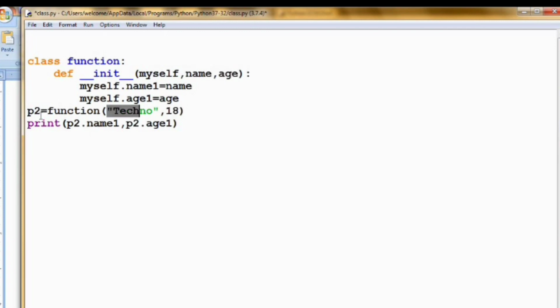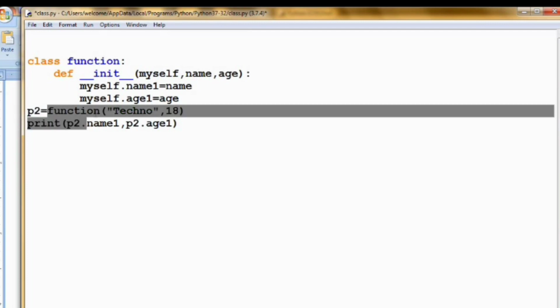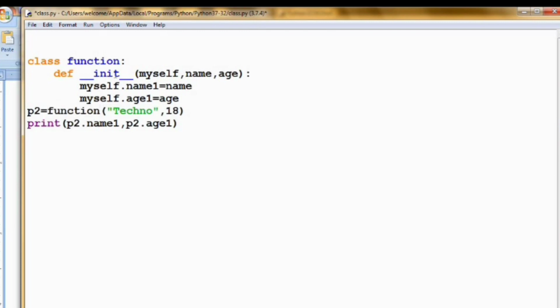As soon as I am creating an object with these arguments, the init function will automatically execute, like a constructor. I have studied constructors in C programs, because the init function will be automatically executed. So only while I am declaring the object itself, I am calling it with some arguments. The init function will be automatically called with these arguments.